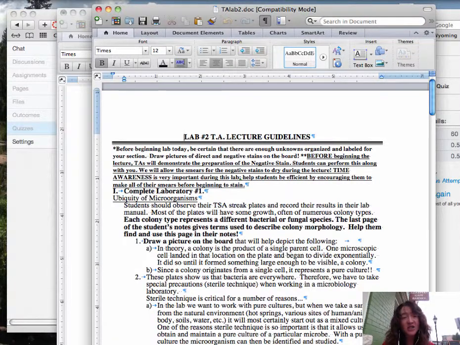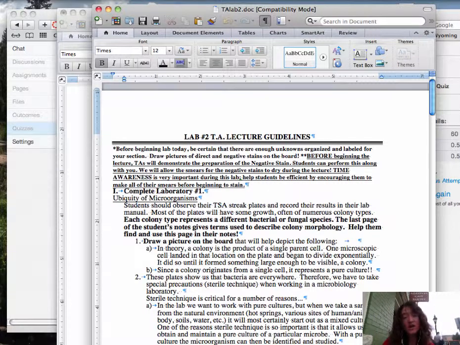In lab 2, I'm going to ask you to be ready to demonstrate the negative stain, and we want to kick students off with that negative stain at the beginning of the hour. So if you could be ready to demo how to do the 2 drops of Congo Red, better with loopfuls of Congo Red rather than actual drops because they'll take forever to dry. So show them how to do the loopfuls of Congo Red, then show them how to take a little bit of bacteria, probably using the needle to take a single isolated colony, mix in the Bacillus subtilis into the left-hand circle of Congo Red, and then a tooth scraping with a toothpick to mix into the right circle. That way, when we're doing the lecture, their Congo Red stains can dry.